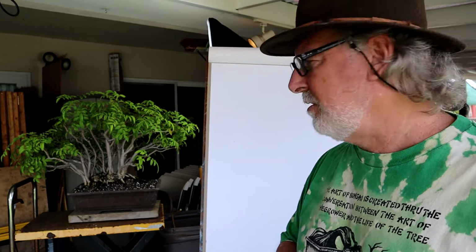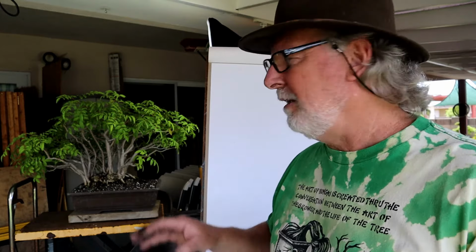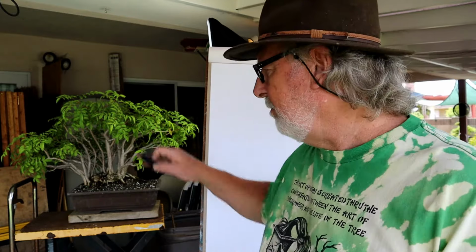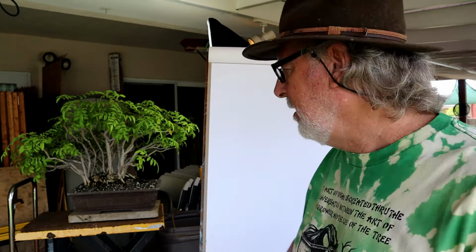pepper tree forest. It's something that I pulled out of the ground a few years back, and I've been working with it. And it's got a pretty good shape. You're looking at the front of it, multi-trunk, so we can work with overlapping. There's a lot of foliage, so I can work with detail, and I can define space by using this particular tree. But for purposes of the drawing and purposes of talking about what I've been talking about, I'm going to